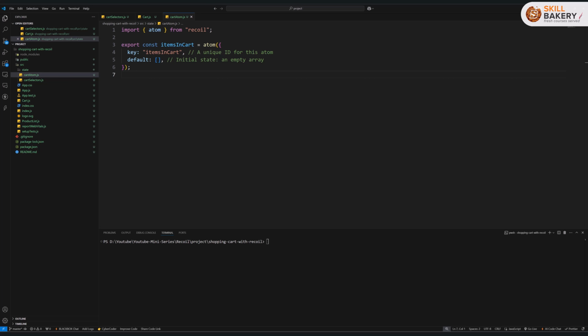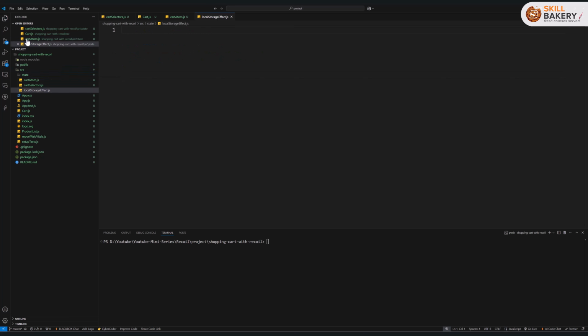So in order to implement it, the first thing that we need to do is create a utility to sync with local storage. For that, we will be creating a file inside the src state directory. Let's call it localStorageEffect.js. And within this file,